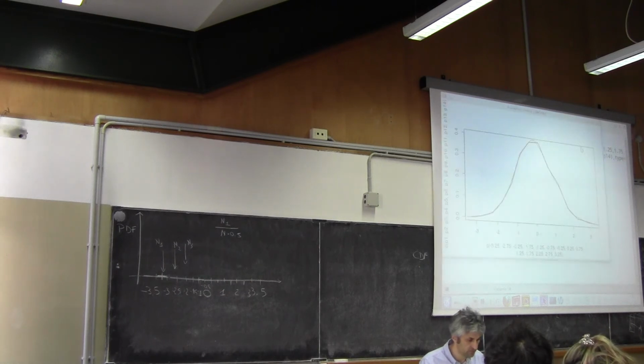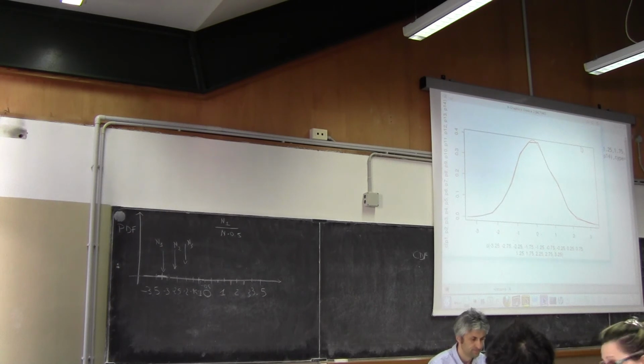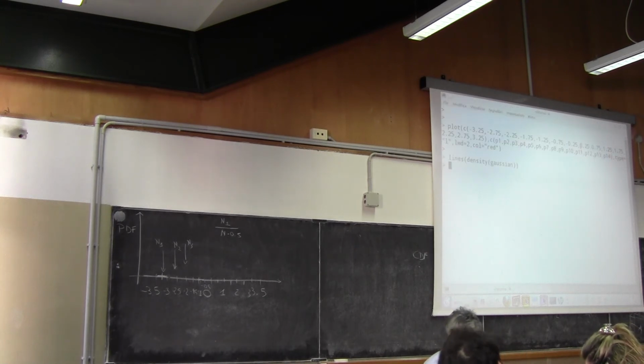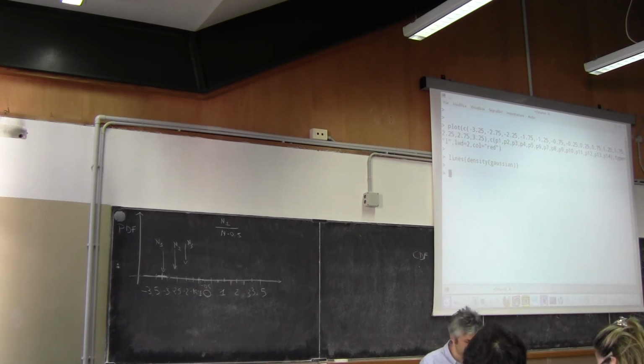Let's look at the graph. Perfect. It's indeed perfect. Again, this is the instruction: lines, density Gaussian. Density gives, as a result, an x and y. For instance, if you try trial equal density Gaussian,